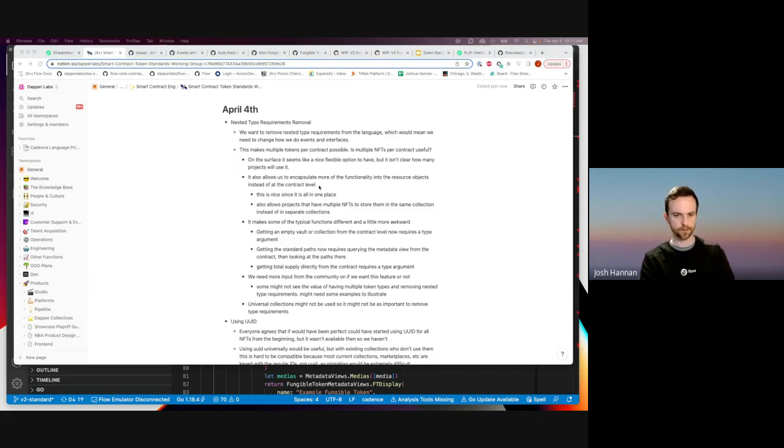And yeah, thank you for clarifying your position on the nested type requirements. At least my intention was never to tell people that they should define multiple tokens per contract. I think the goal was just to give people the option. I think that generally we would still expect most developers to only define one token per contract, because usually that's what most developers want anyway. They're not trying to define a complex ecosystem or anything. But I think it is nice to still have the option,